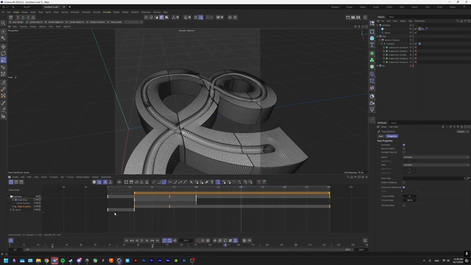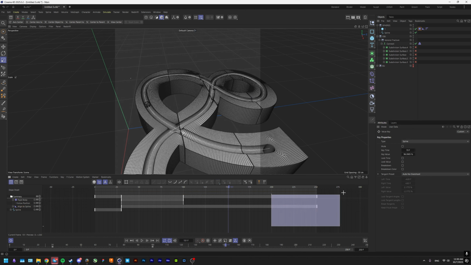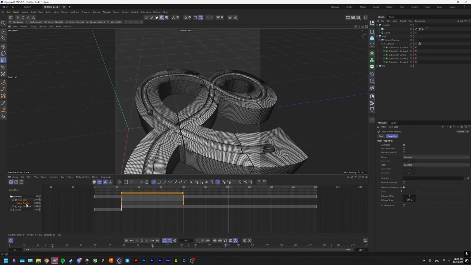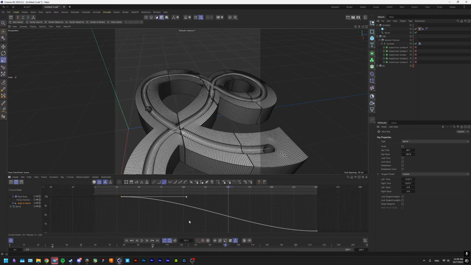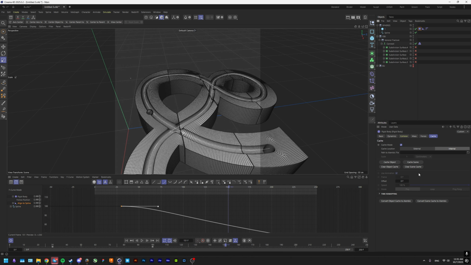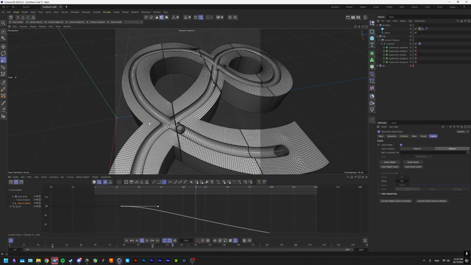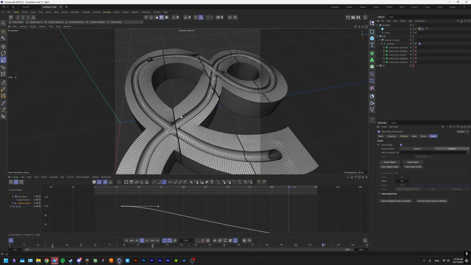Let's look at the line to spline, and we can just delete this. And instead of doing what we did, I'm just gonna make a graph. So I'm just gonna make this something pretty linear, so probably something like this, and this is gonna go pretty smooth, probably something like this. So let's clear the cache and cache the scene again. So yeah, it is looking much better now, and this is basically all I wanted to tell you about the